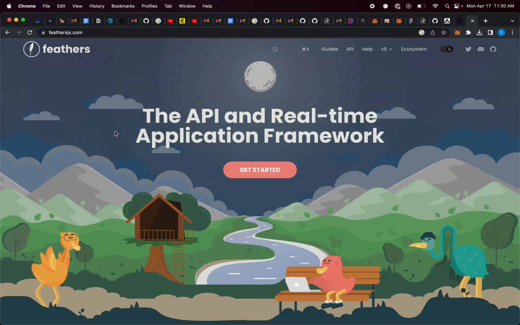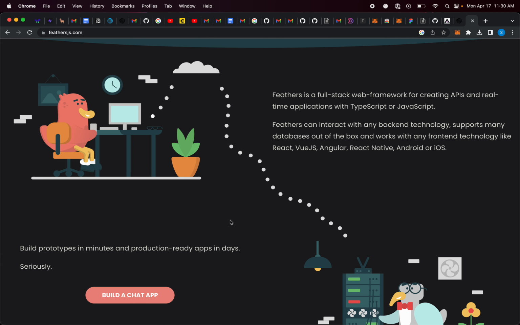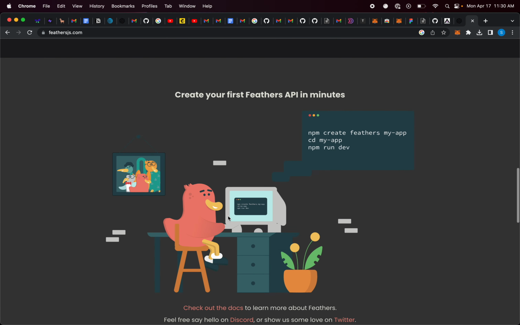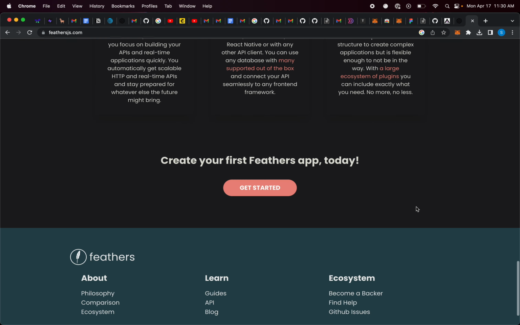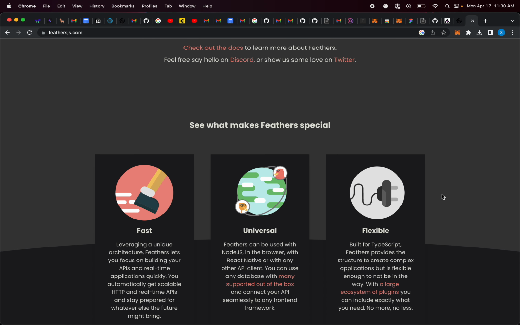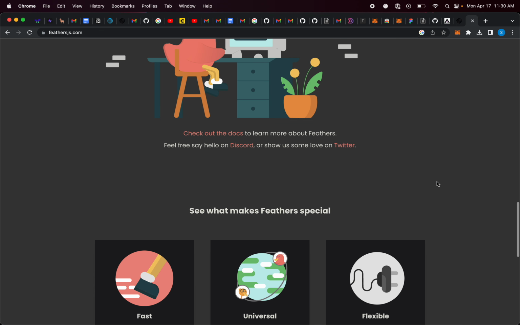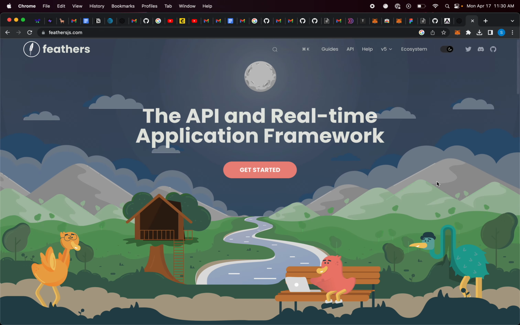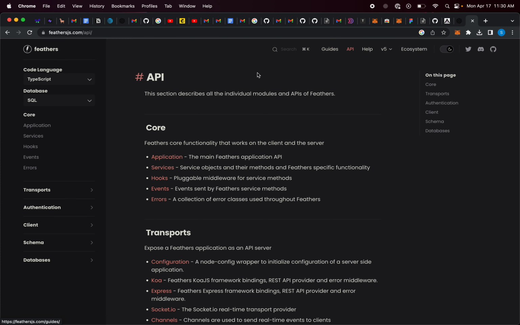If you've never used Feathers, it's great. It's a full stack web framework. It does real-time streaming. All of our services are available everywhere, so we don't have to make crazy WebSocket calls and stuff. It wraps WebSockets, it wraps HTTP, does a bunch of stuff for us, makes it super easy to make new services and CRUD. So if I want to make a document service, I can just generate it. We use this heavily,